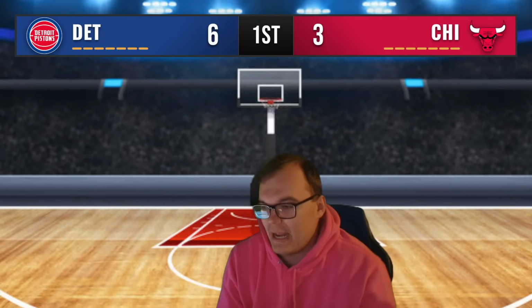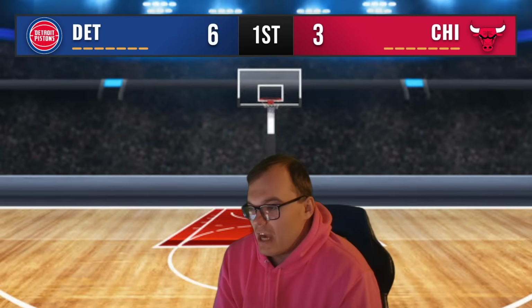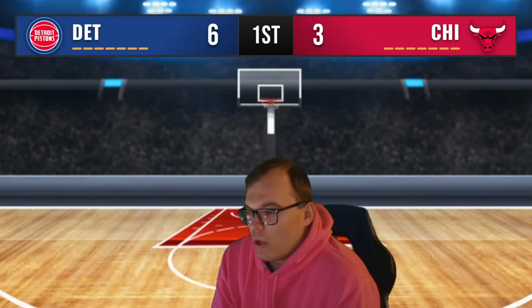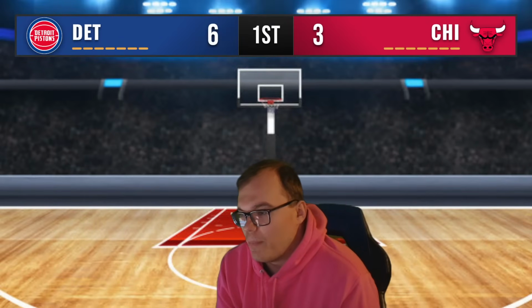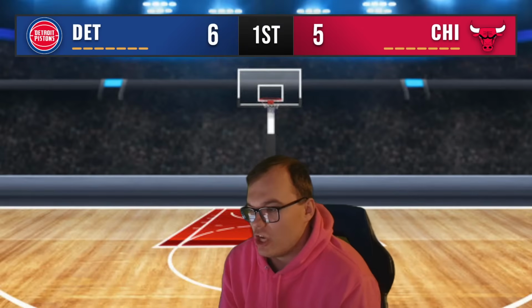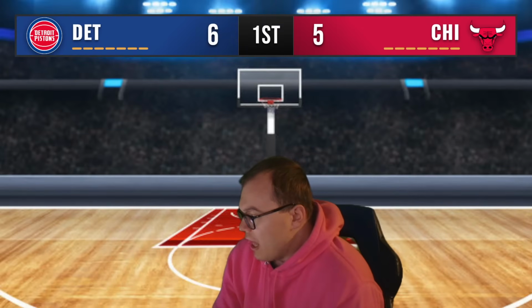10:34 left to play in the first quarter here. Buzelis upside here to Josh Giddey, working against Asar Thompson. Back outside to Buzelis. Right back to Giddey at the top of the key. Buzelis sets the screen for Giddey, rolls off it, working one-on-one against Cade Cunningham. Upside here to Smith. Smith with the basketball, working against Duncan Robinson. Drives inside here. Right-handed layup is good. Count the bucket and the foul. Tough finish underneath here for the Bulls. They're going to go to the free throw line.